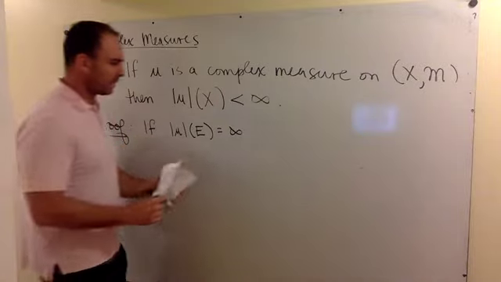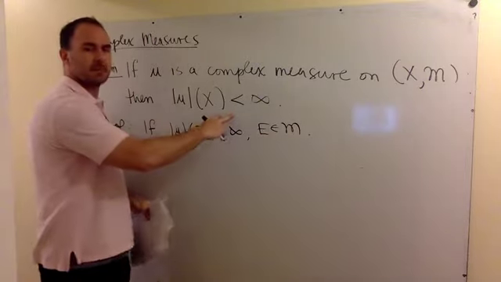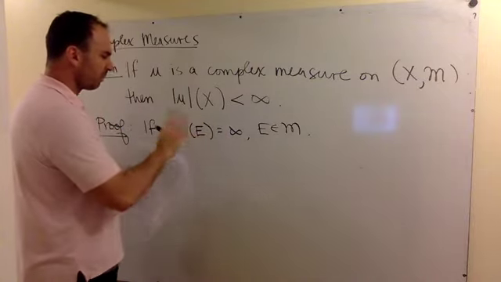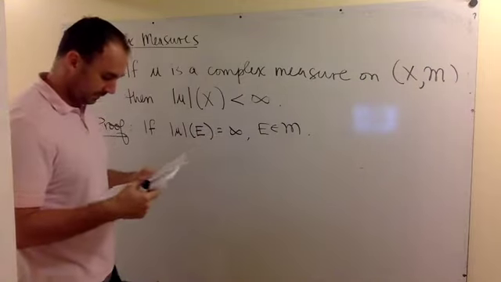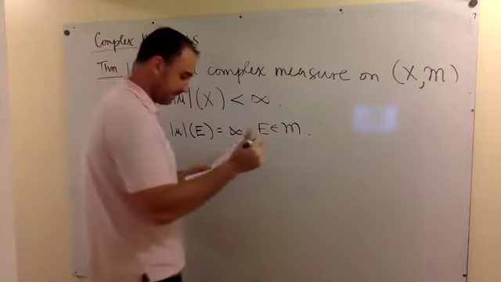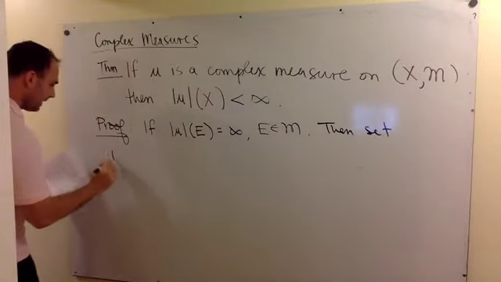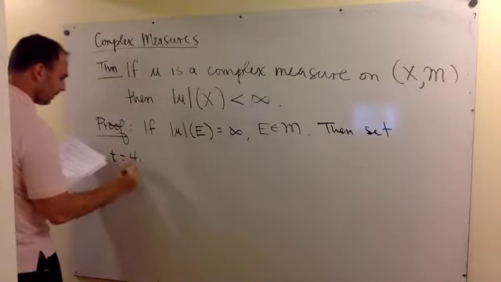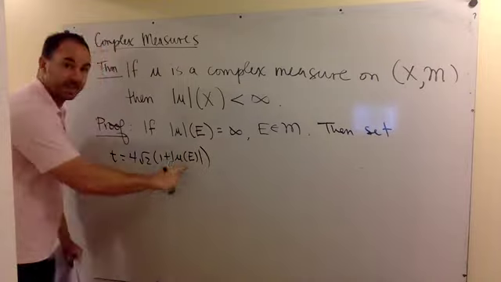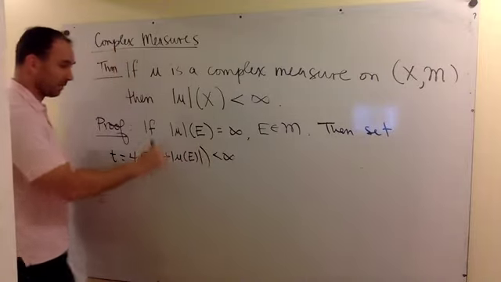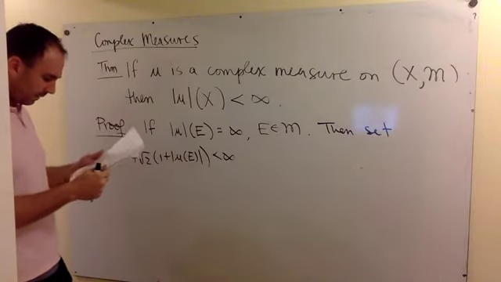So first off, let's just note what happens if I have a set. I'm going to prove it by way of contradiction. I'm going to assume that this is infinity, and then I'm going to derive a contradiction. So say I have my total variation measure being infinity. Well, then I'm going to set t, and here's where you see something very strange happen, but this is just that lack of positivity. This is still finite. That number is still finite. This is a finite number, but the total variation somehow, when I chop up everything and I take the supremum, I get infinity. Okay. So if I do that,